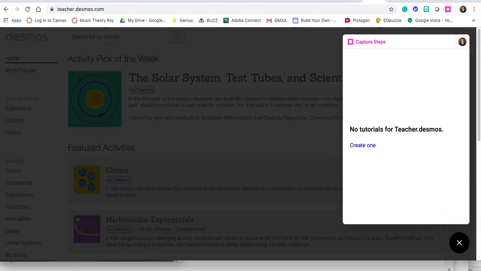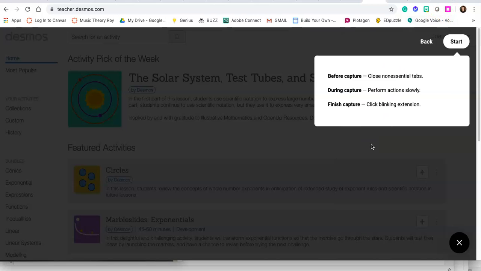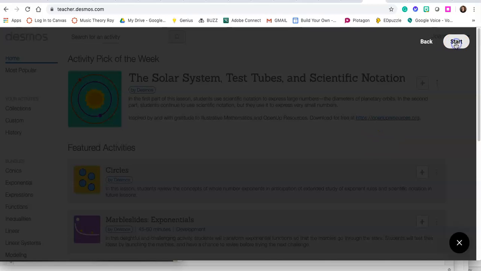So when we click on the box, something's going to pop up that's going to ask us if we want to capture the steps to show someone how to use this website. So we're going to click Create a Tutorial. Then it's going to instruct us to close non-essential tabs and perform actions slowly. And when we're finished, we're going to click the blinking extension, which is the pink box. It's a Chrome extension that I added. It's free. And now that it's told us what to do, we're going to click Start,